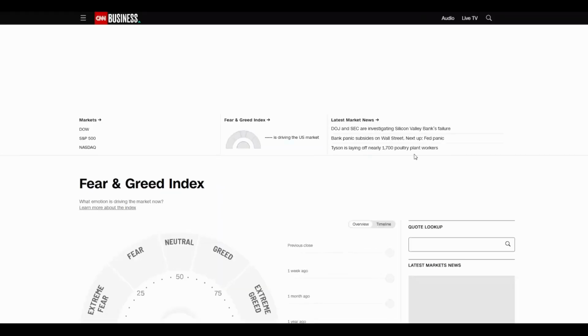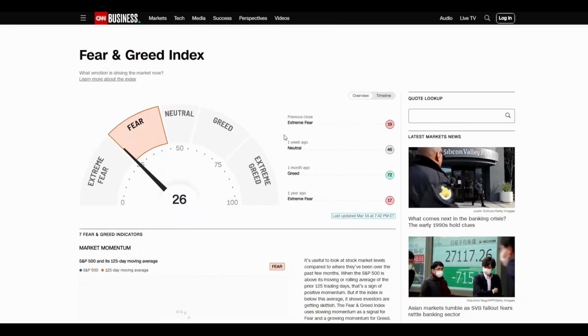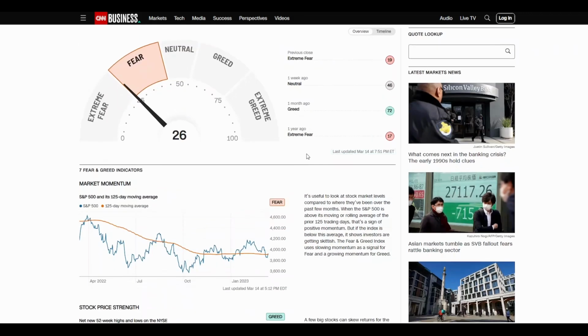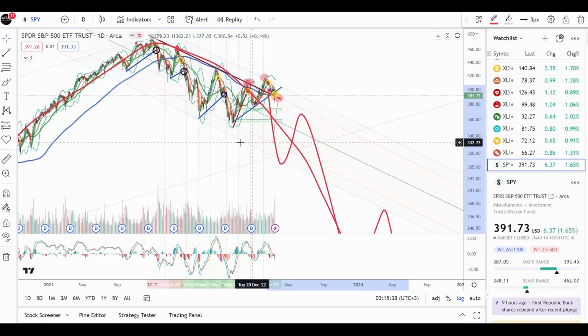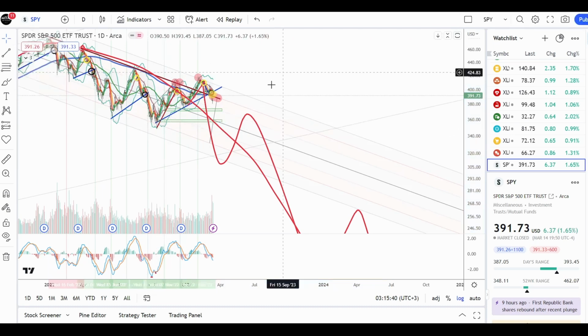Let's take a look at the fear and greed index. We are at 26 fear. We were just at extreme fear, a 19 reading, just a few days ago. This was the prior close. And we will likely see an extreme fear reading of zero. Yeah, we've seen extreme fear readings of zero in this bear market leg down into October. We'll likely see that again as the S&P 500 tries to hammer out a bottom just below the October bottom,